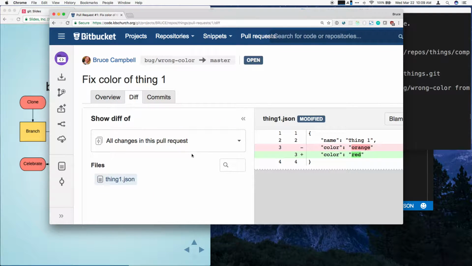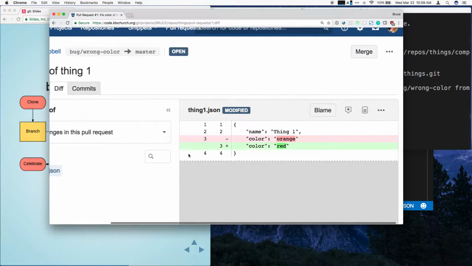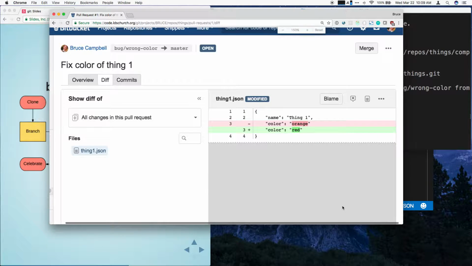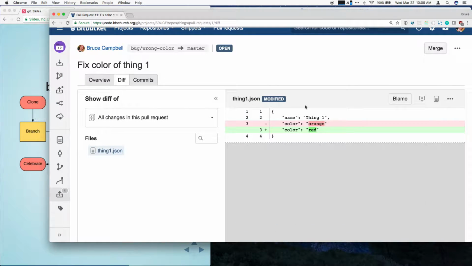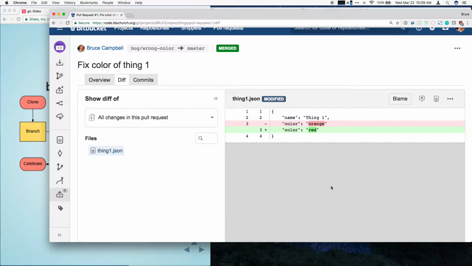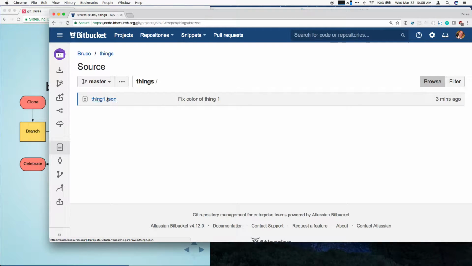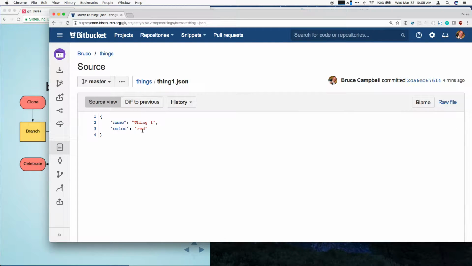I don't see it. Maybe GitHub's a little more verbose about that. So we can look at a diff of the changes. Oh, okay, there's the rest of my page. Let me get this a little smaller or a little bigger. We're going to pretend like all of our reviewers have approved it, and we're going to merge it in. And now if we take a look at the source in master, we can see that the color is now